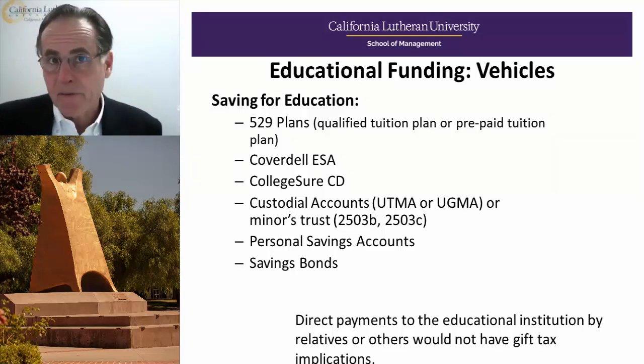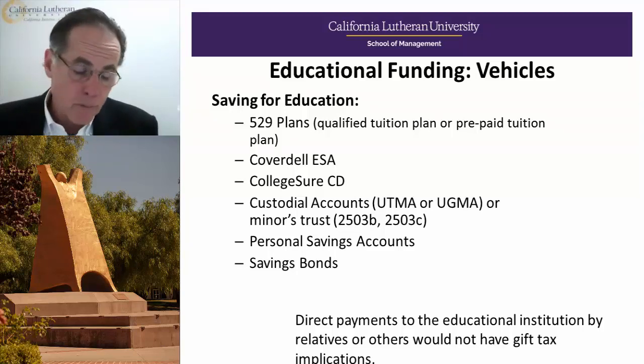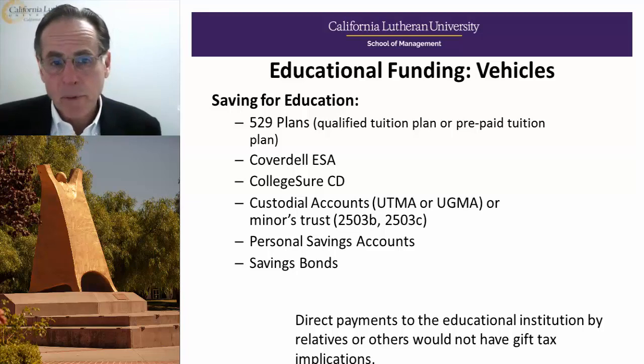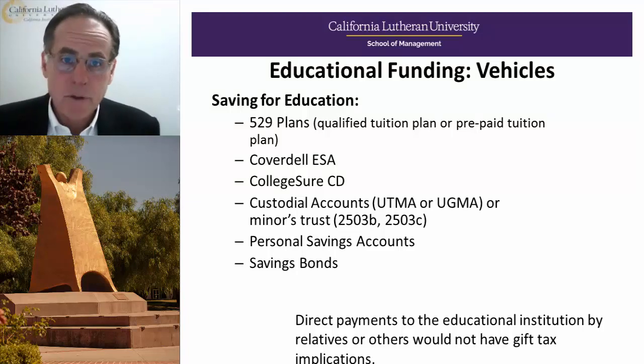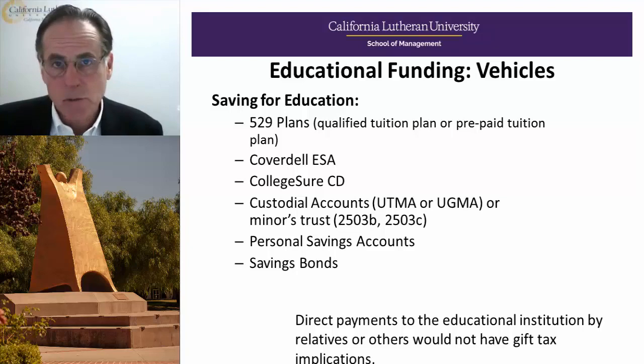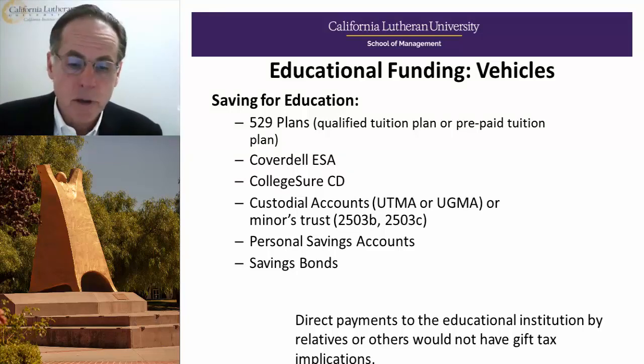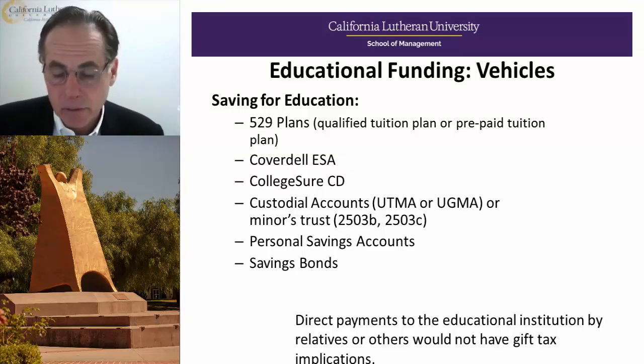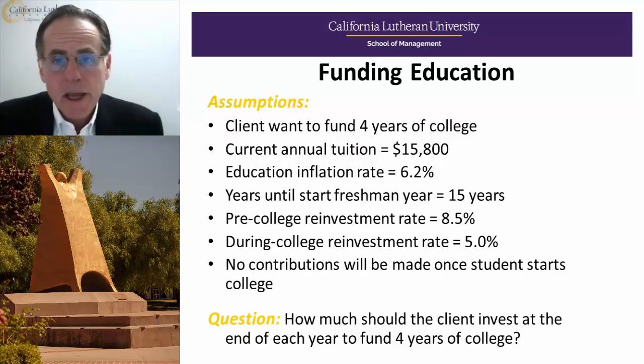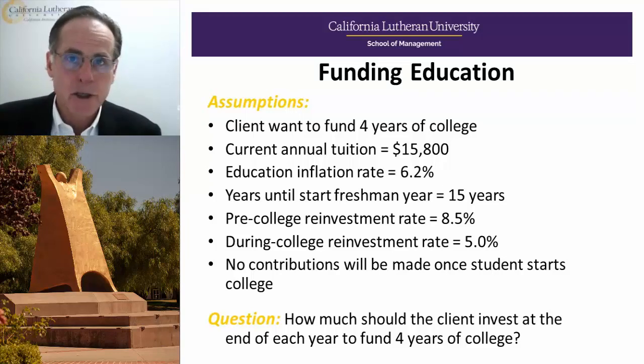So that if the child receives scholarships or some other monies, then perhaps by splitting between a tax advantage and a taxable account, the tax consequence for not using some of those funds towards education would not be as severe. Note, as you know, direct payments to an educational institution by relatives or others would not have any gift tax implications. Let's take a look at the process of funding education, because the process of funding education would be